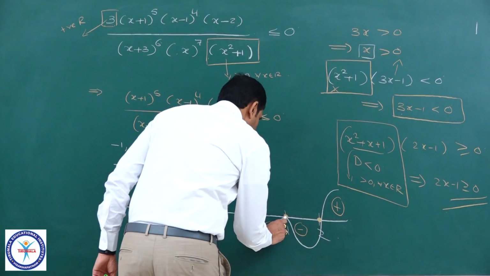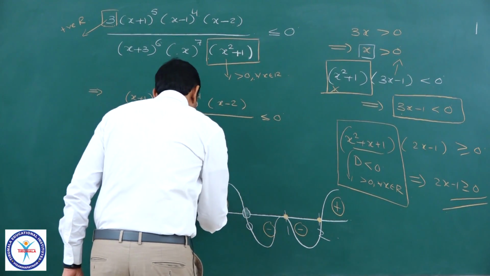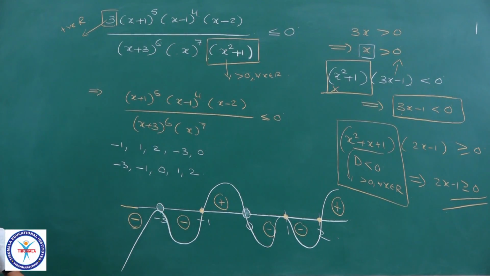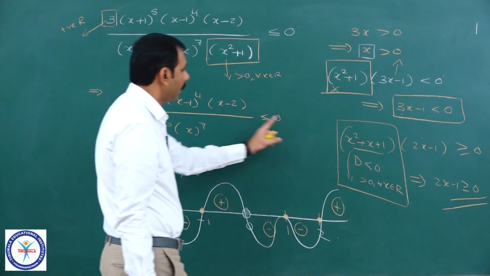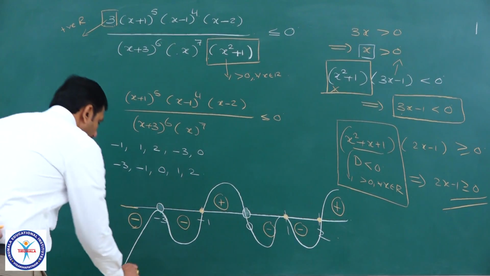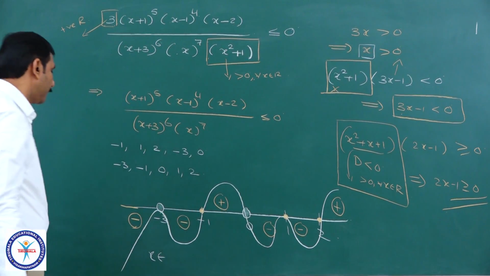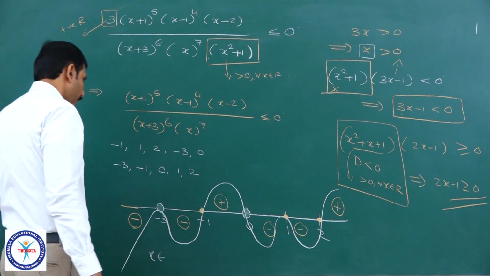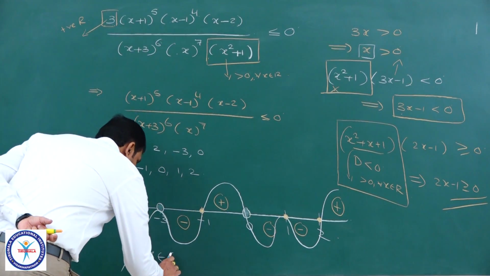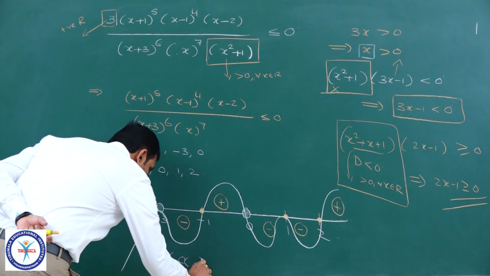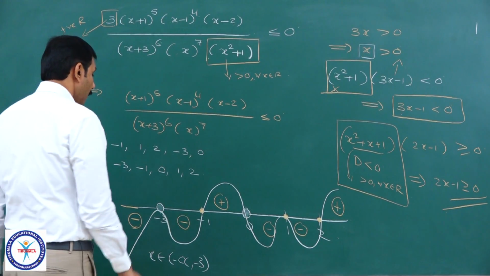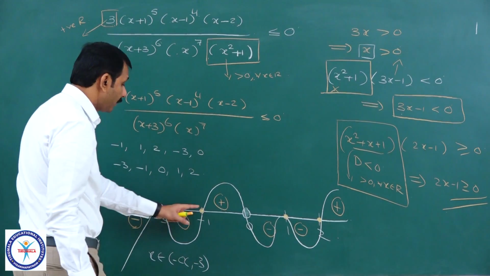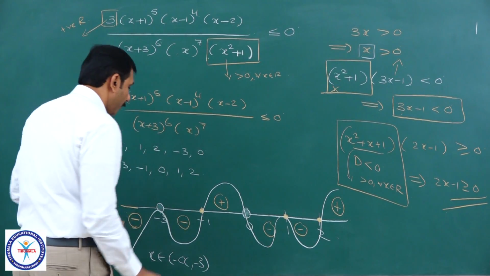Plus, yes will remain on the same side, plus, minus and minus, that's all, that is the wavy curve. Now I want where the values are less than or equal to 0, collect. x belongs to, here only I will write, this portion, this portion, this portion, this portion. Minus infinity to minus 3, minus 3 open. Minus 3 to minus 1, minus 1 closed, because it is a 0 of the numerator, dark circle.